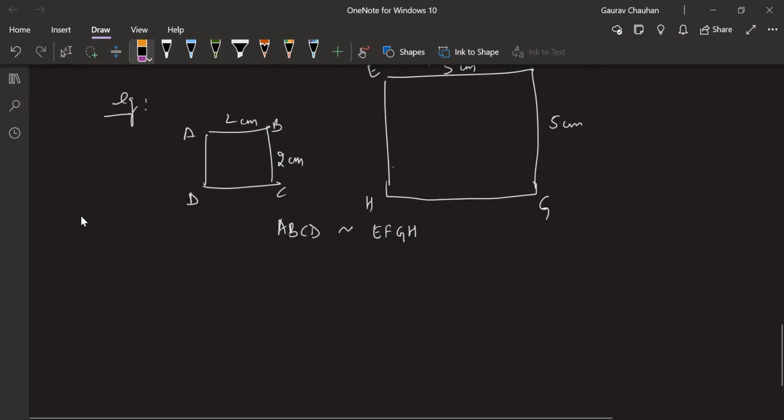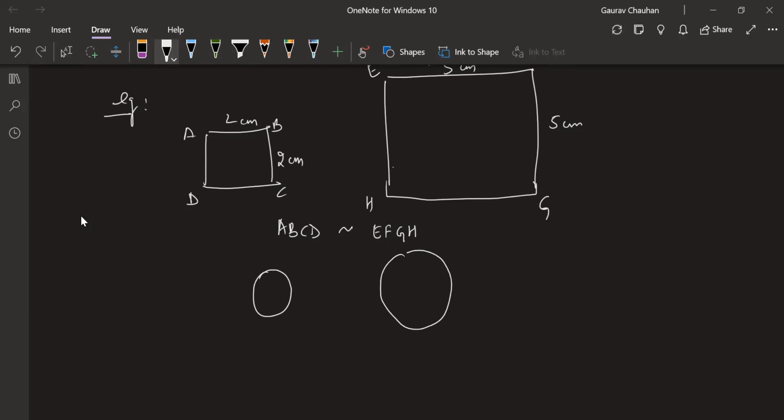If you think of any two circles, they have the same exact shape. It's the circular shape. It does not matter what the radius is. Suppose this radius is 1 centimeter, and this radius were to be, say, 2.5 centimeter. Does not matter, but the way they look is the exact same thing. You can think of a lot of examples.